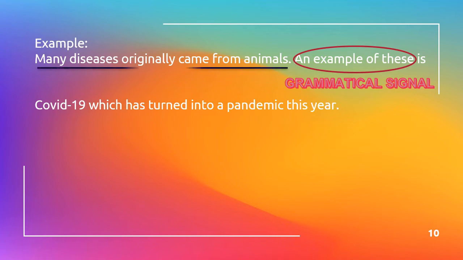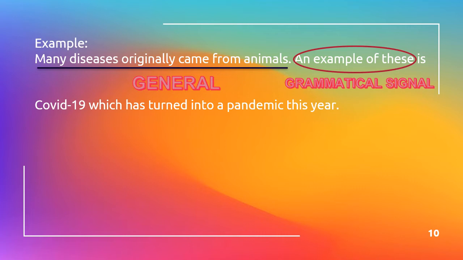Is your answer many diseases originally came from animals? You are correct. So that's the general idea or a statement that many diseases originally came from animals. So that's kind of broad. Okay, that many diseases. Now, if you want to be particular, since we use the grammatical signal, an example